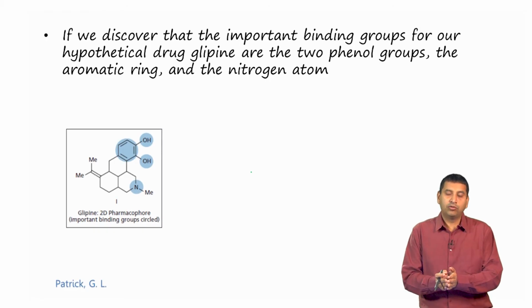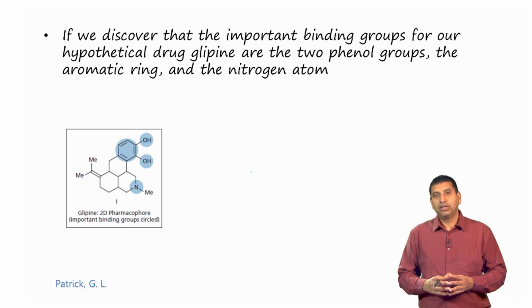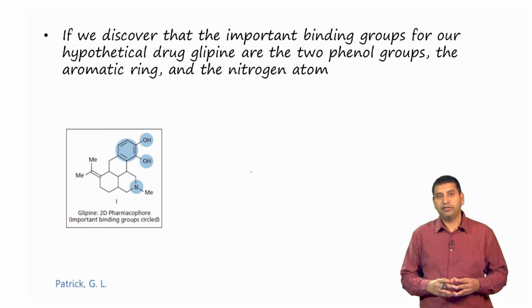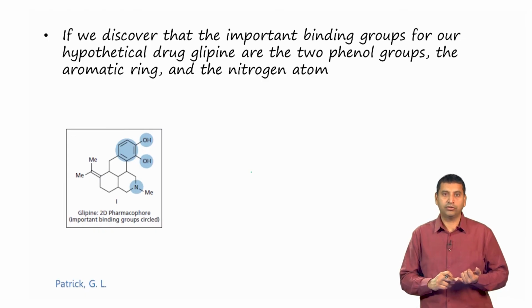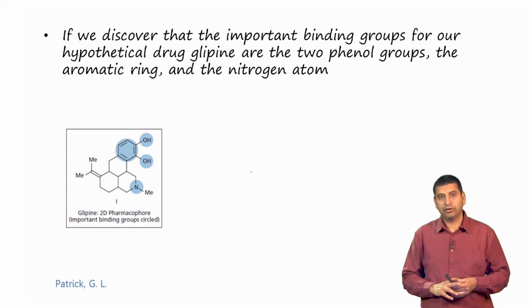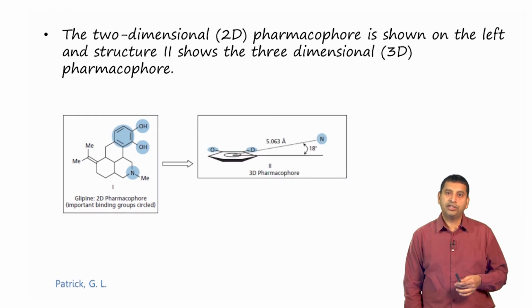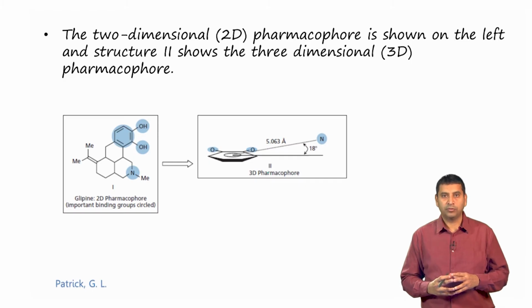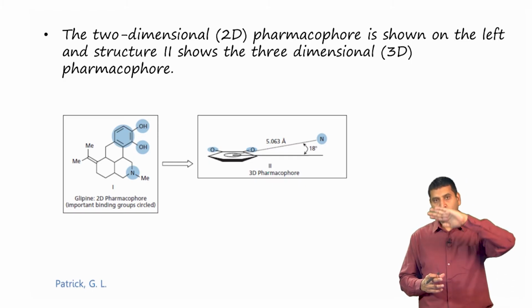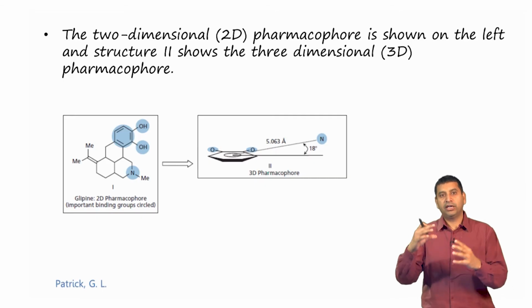And we define the pharmacophore as the structure of the molecule which shows the activity. Here we have identified the pharmacophore in the following manner: it contains the two phenolic hydroxyl groups, the aromatic ring and the nitrogen atom. These are the important parts of the pharmacophore. Now, in order to address the question of the triangle, based on the structure of the molecule, we can align it in the form of a 3D pharmacophore.